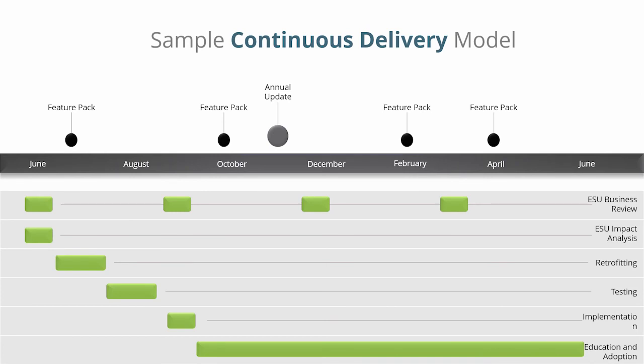I want to end here with just a quick conversation about a timeline. And this is a question we've had. Well, how often should I be doing this? Here's a sample continuous delivery model that happens over a year. The dots across the top